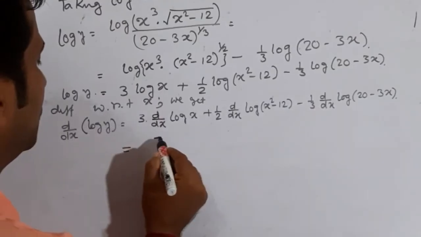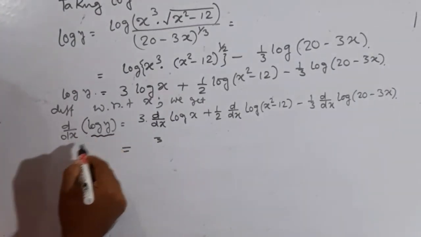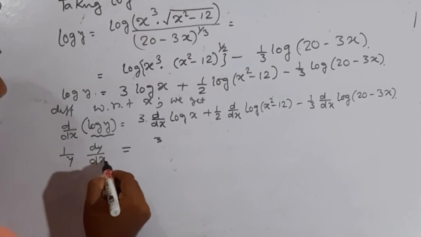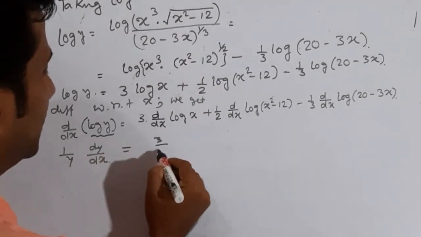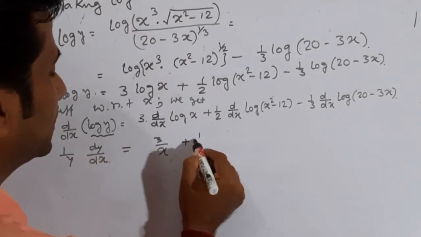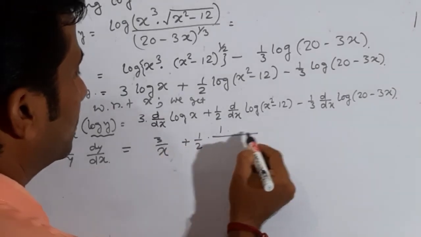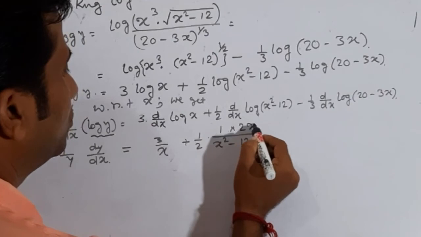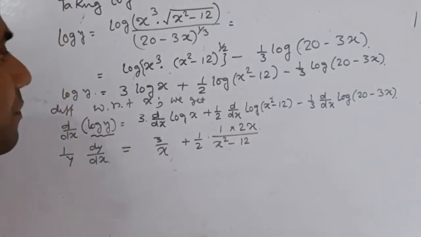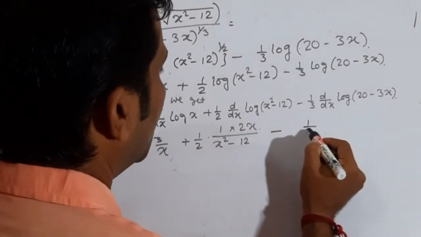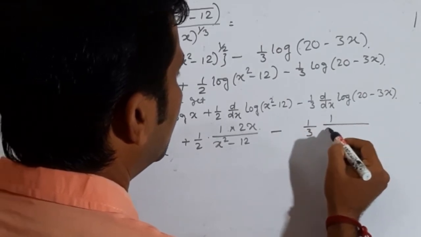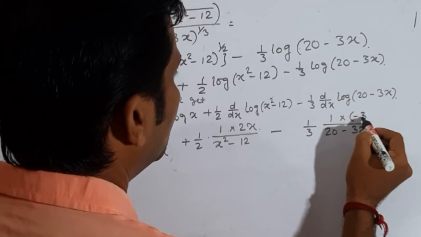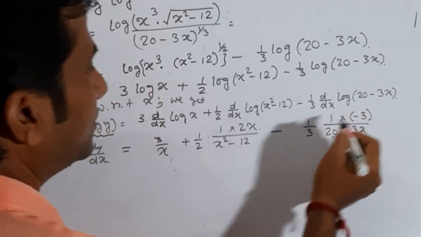This is equal to 1 by y dy/dx is equal to 3 by x plus half 1 by x square minus 12 into 2x minus 1/3 1 by 20 minus 3x into d/dx of this, that means minus 3,